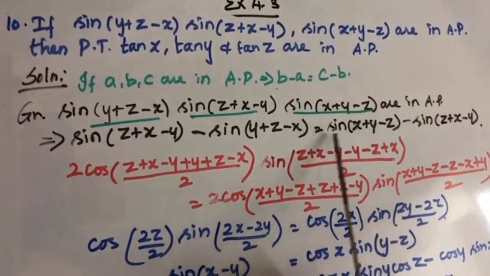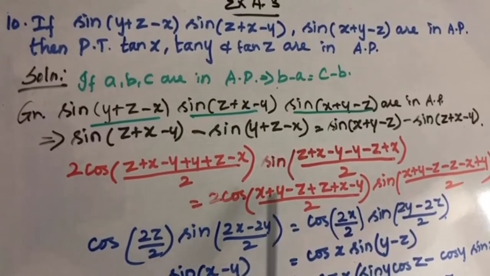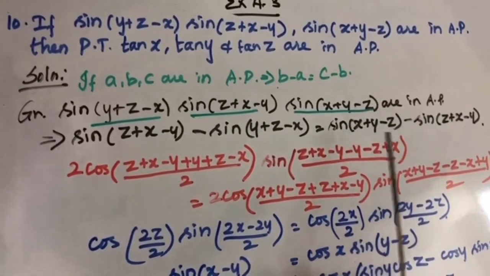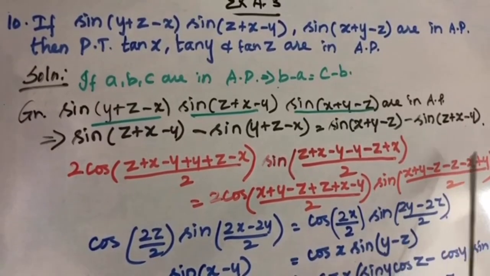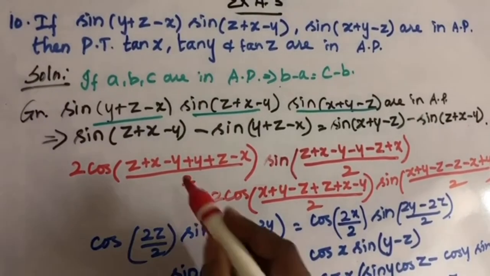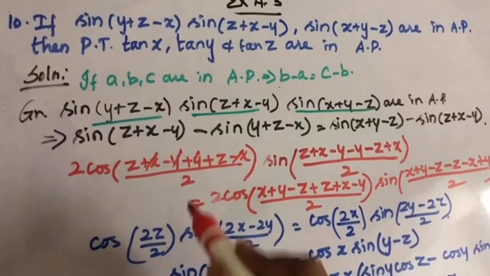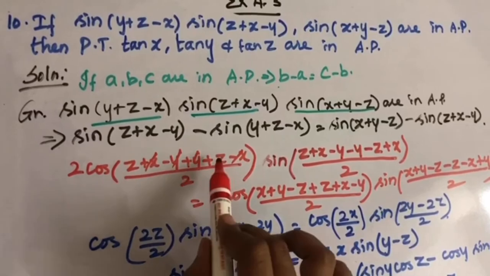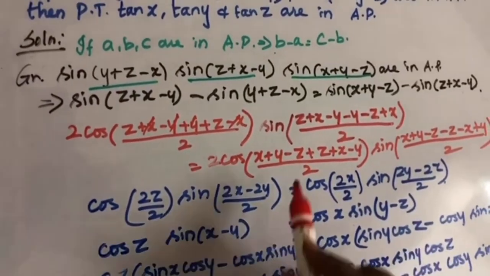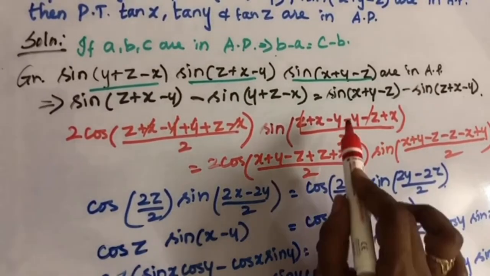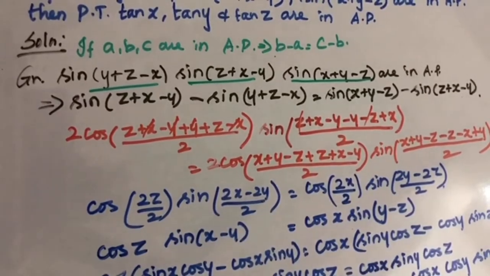Similarly, here as well, sin C minus sin D, that is 2 cos of (C plus D) by 2. You have to write the terms very carefully. So cos of (C plus D) by 2 into sin of (C minus D), with x plus y minus z minus x plus y, divided by 2. Here we can cancel the like terms. So x and minus x, y and minus y will get cancelled. So 2 cos of z plus z, that is 2z by 2. Here z alone cancelled, x plus x is 2x, minus y, it is minus 2y, divided by 2.